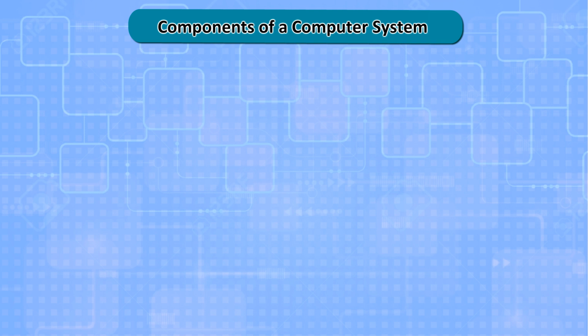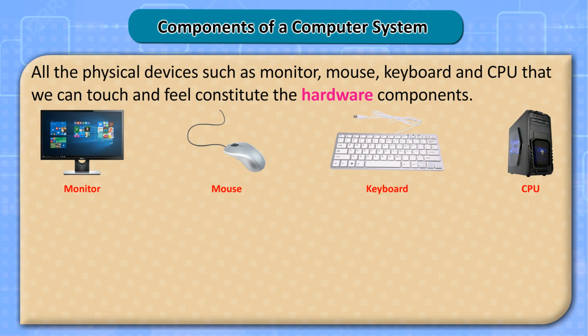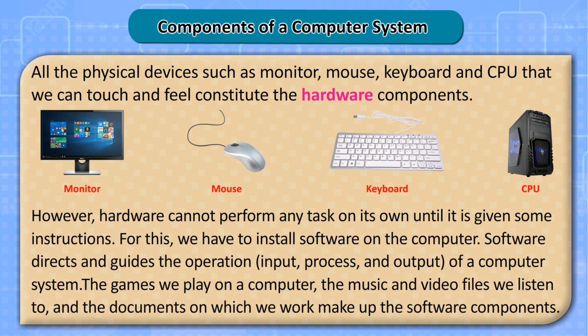Components of a computer system. All the physical devices such as monitor, mouse, keyboard and CPU that we can touch and feel constitute the hardware components. However, hardware cannot perform any task on its own until it is given some instructions. For this, we have to install software on the computer. Software directs and guides the operation, input, process, and output of a computer system. The games we play on a computer, the music and video files we listen to, and the documents on which we work make up the software